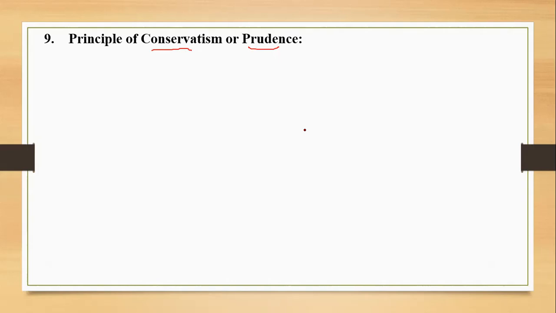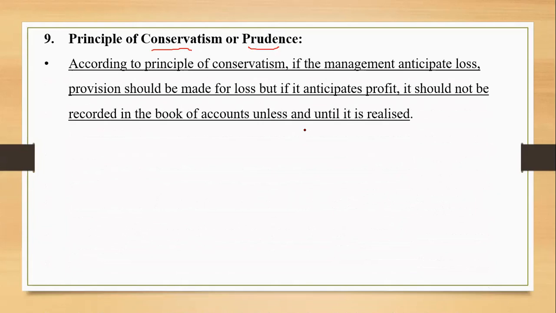Let us see why we are not supposed to do that. A very interesting fact is there behind this. According to the principle of conservatism, if the management anticipates loss, provision should be made. But if it anticipates profit, it should not be recorded in the books of accounts unless and until it is